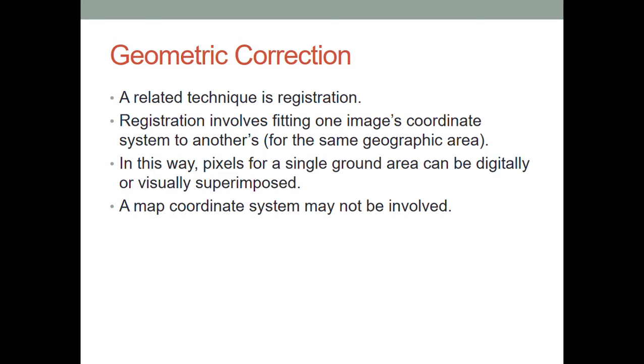And what is registration? Registration is basically a process where we try to fit one image coordinate system to another for the same geographic area. In this way, pixels for a single ground area can be digitally or visually superimposed, and a map coordinate system may not be involved because it still holds the same coordinate system. However,